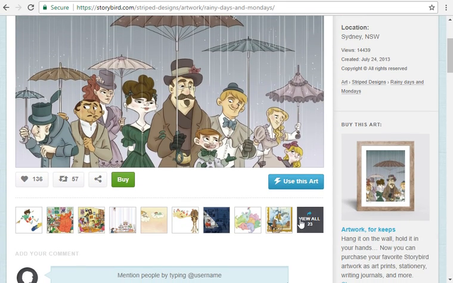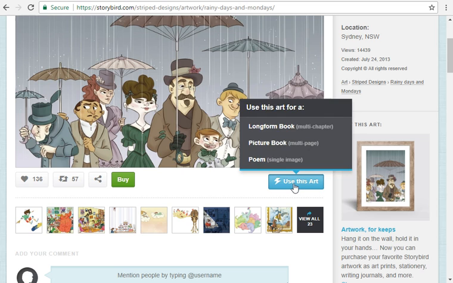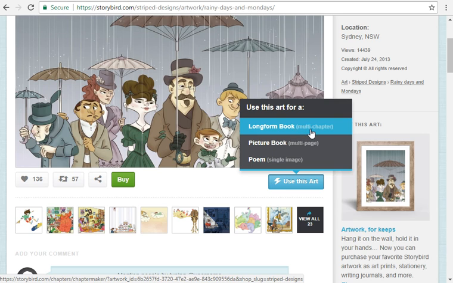So there are 23 pictures that go along with this artwork here. So if I wanted to, I could decide to use that. So I'll just go ahead and use this art here. Click on that button, and now I have the choice of choosing between a long form book, which is just like a chapter book, used more for your 5th grade through, I guess, high school levels. Picture book would be your elementary, and then the poem could be used for anyone. So I'm going to click a picture book,